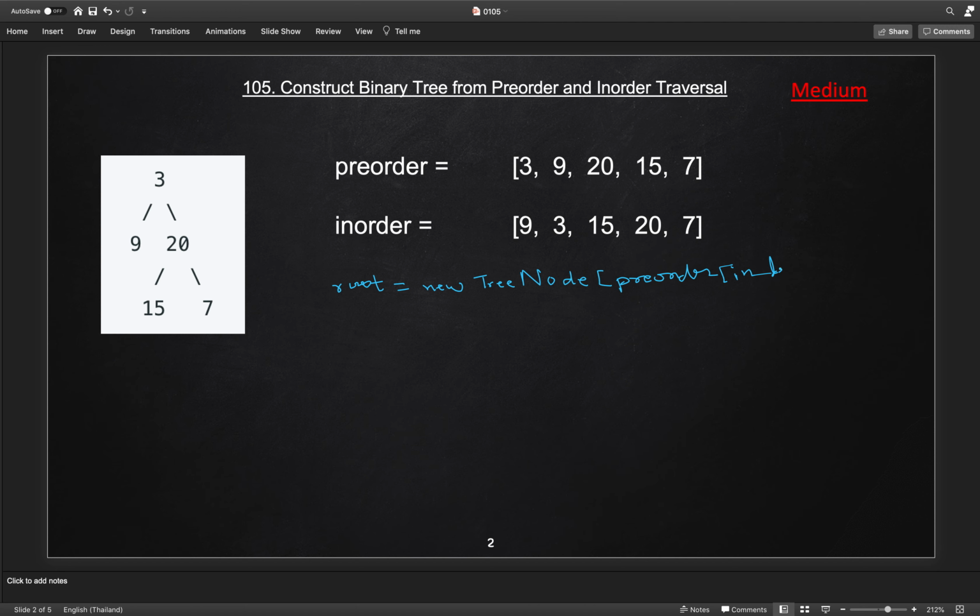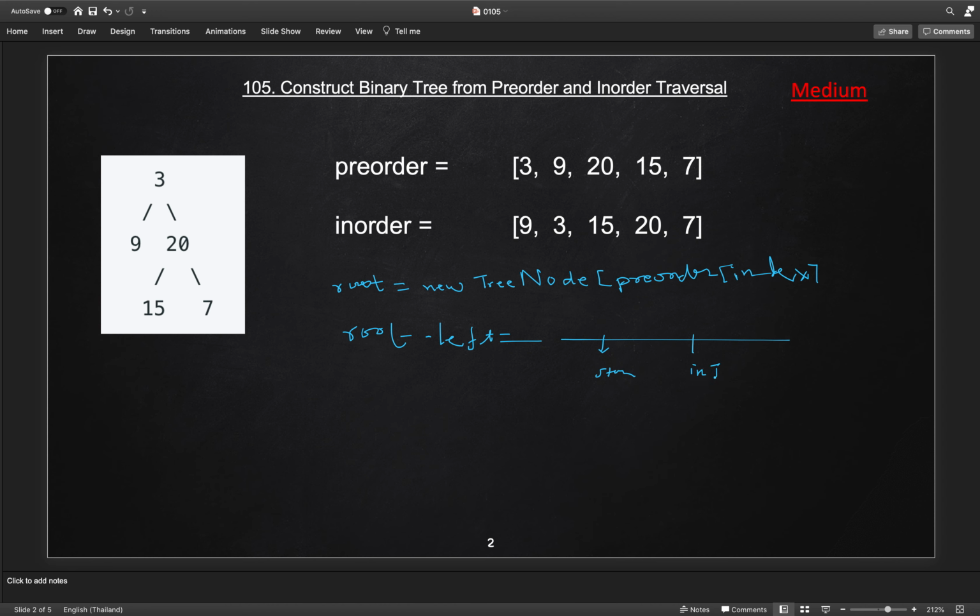Once we got the root node, after that we need to build the left subtree and the right subtree. So for the left subtree we will call the same recursive method for root.left. Here our start index stays the same, while the end will be changed from the in index.